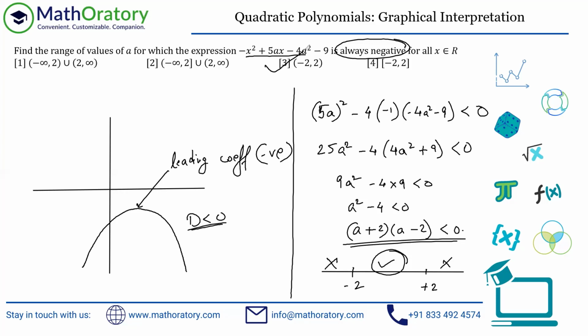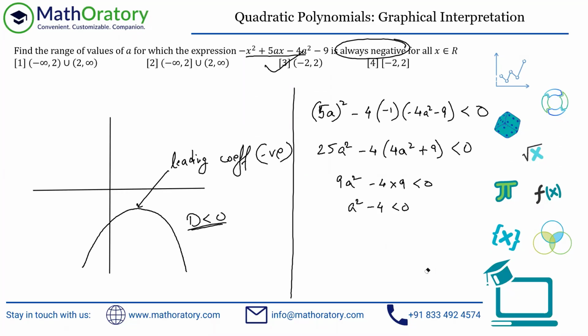The other thing that I was talking about: you reach this point, a square minus 4 is less than 0. You can take it as this, because this is a pure square. So if the variable is entirely in a pure square, you can do this. But don't square root both sides. That will be a mistake. Just try to understand through the number line. Think in both halves, in the positive half as well as in the negative half.